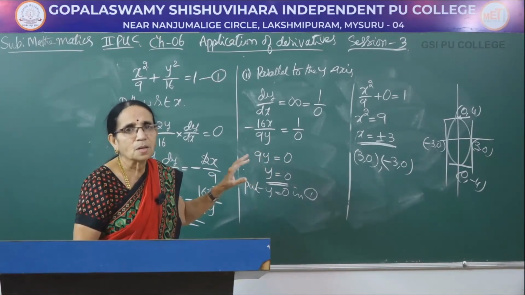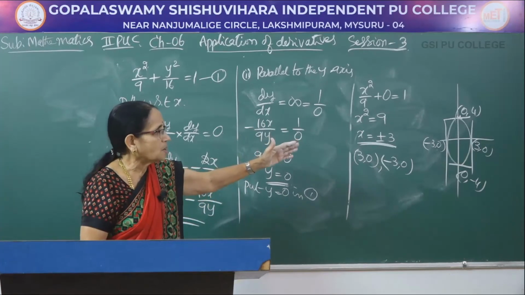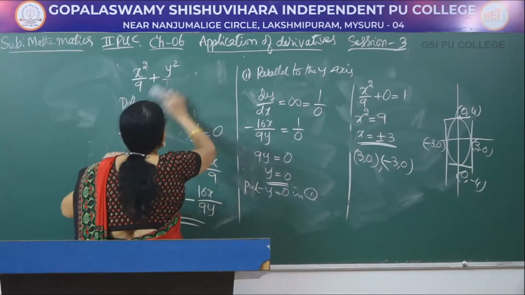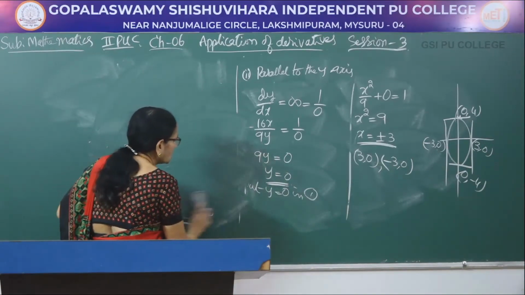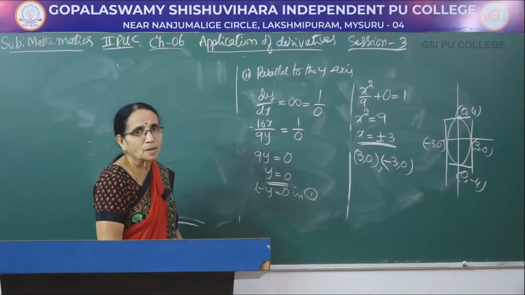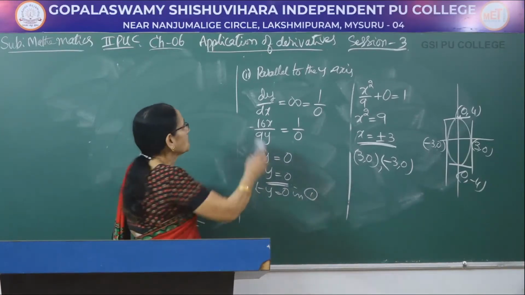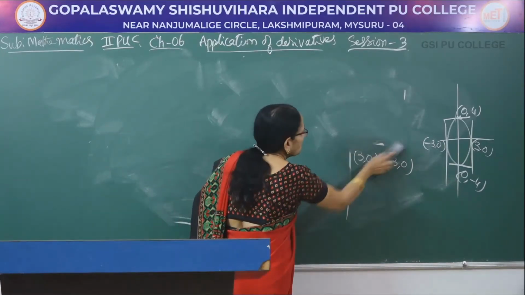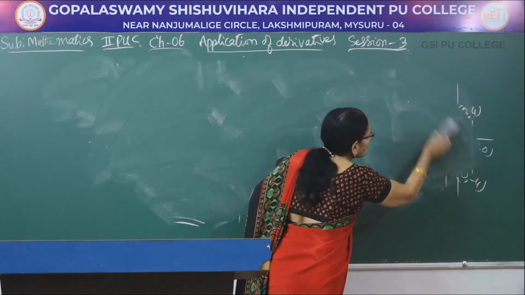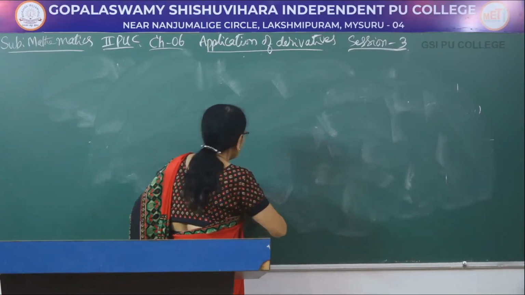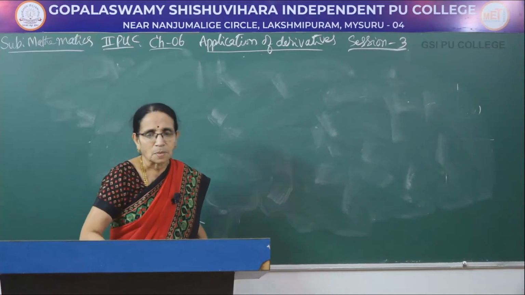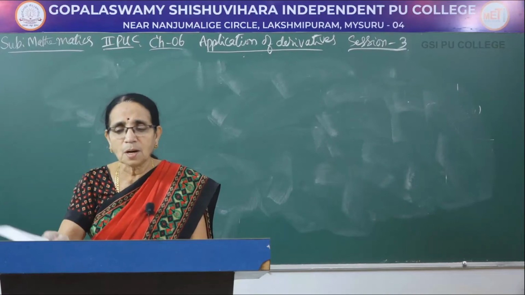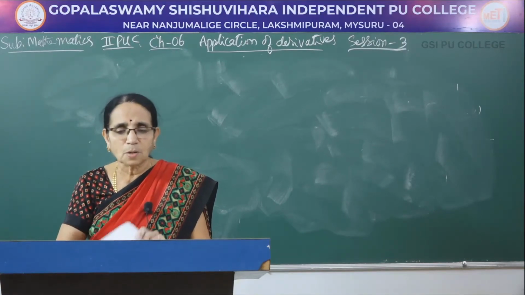So the points at which the tangents are parallel to the y-axis would be (3, 0) and (-3, 0). So in this one, of course, the calculation is more. If both x and y axis are asked, it can be given for a higher mark question. Otherwise, if any one of them is given, then it can be expected for a 2 mark question. Usually to get the points here, it is asked for a 2 mark question. Here, of course, I have considered both conditions, parallel to the x-axis and parallel to the